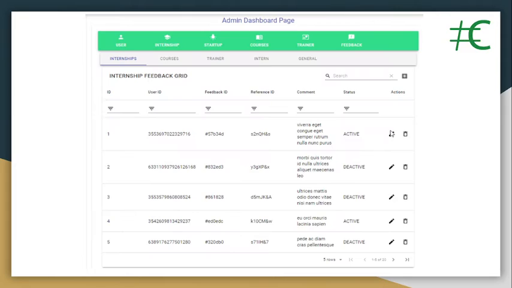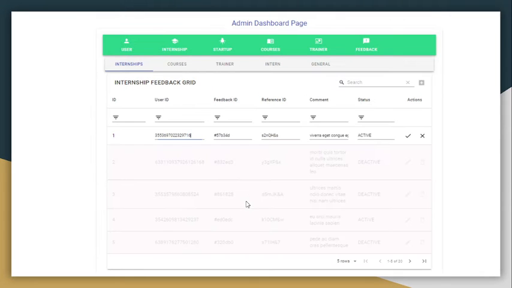So this is the admin dashboard page. Here you can see the feedback, and in the feedback there is internship, courses, trainer, intern, journal, and this is the internship feedback grid. Now you can edit, delete, or update a row, depending upon your choice.